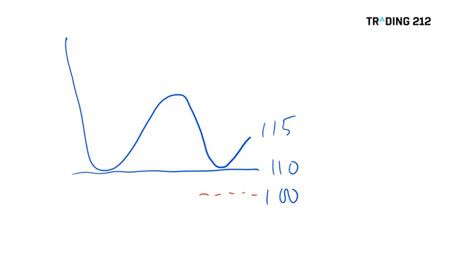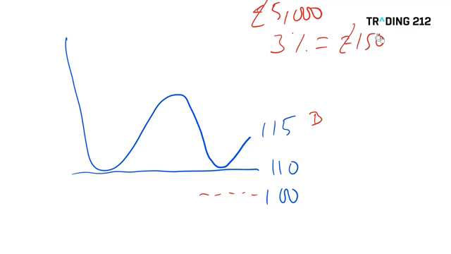So here is by now our familiar theoretical market. So the market has, we think, hit a level of support at 110. The market's currently trading at 115. So we're thinking about being a buyer here, and we're going to put our stop loss at 100. Now you remember, for the purposes of this, I'm saying I've got £5,000 in my account. I only want to risk 3% on any one trade. That means £150 risk on any trade.